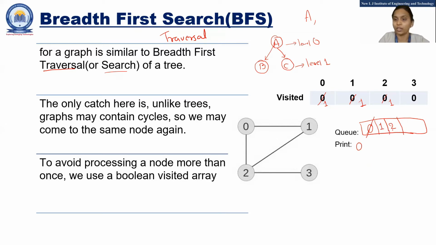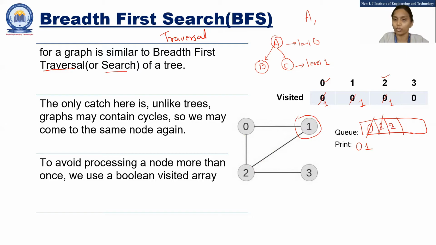As 1 and 2 are added, after doing this, I need to check whether 1 has any neighbor or not. Okay. Or before that, I dequeue it and now check if anything is left. 1 is connected to whom? 0 and 2, and 0 and 2 are both already visited, so no need to add them in my queue part. Okay, so nothing has been added, only 1 is dequeued.